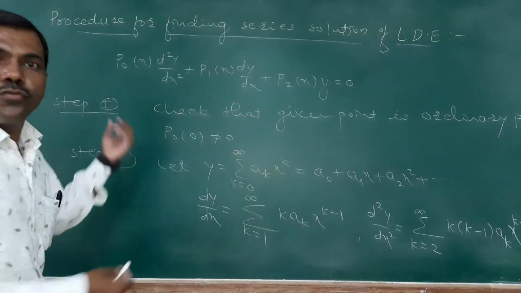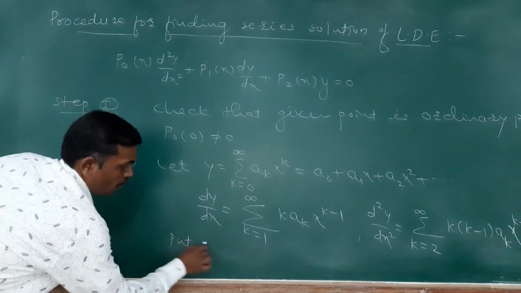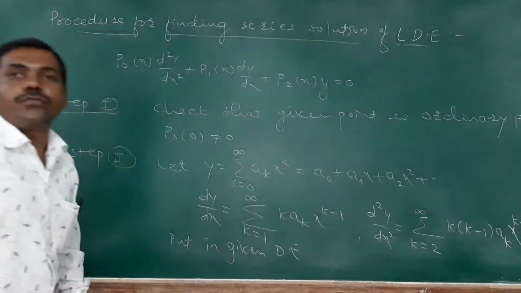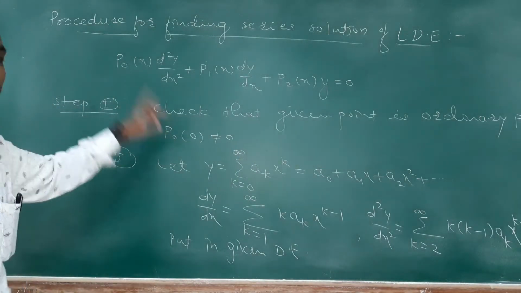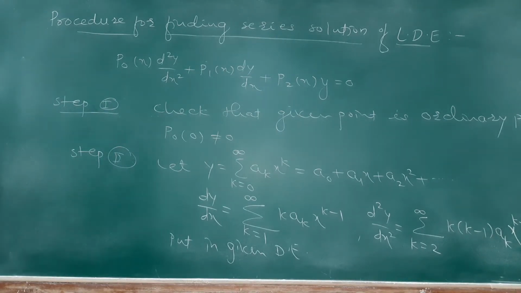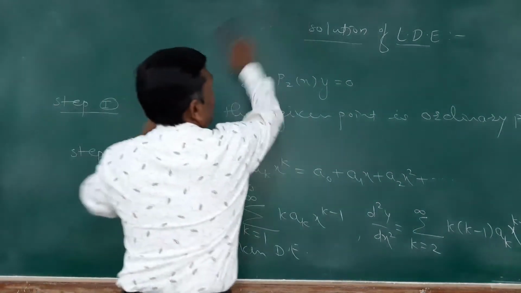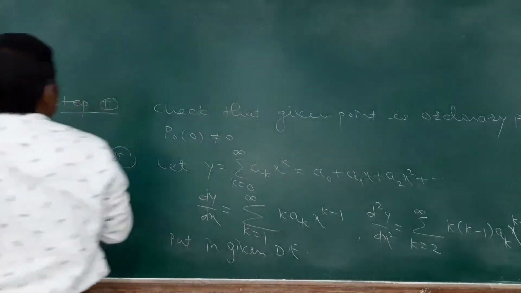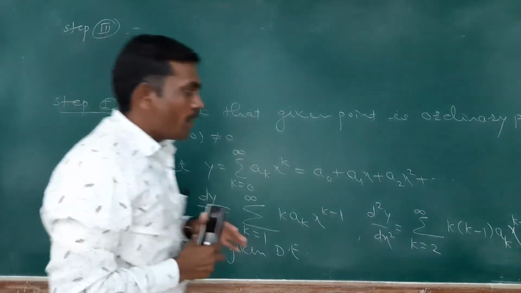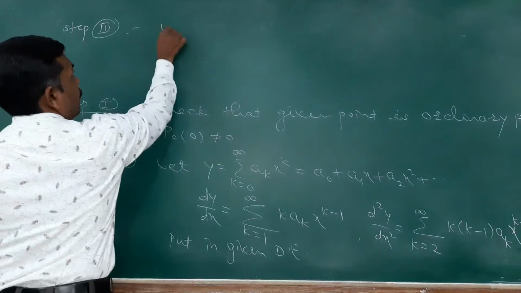Now all these values we are going to substitute in our given linear differential equation with variable coefficient. So these are the two steps. Now step third. When we substitute all these values in this given equation, equate to 0. Step third is, as I told you, we have to find the values of a2, a3, a4 in terms of a0 and a1. For that, equate to 0